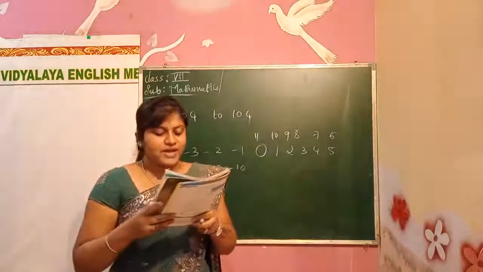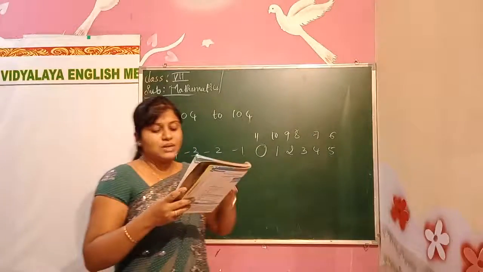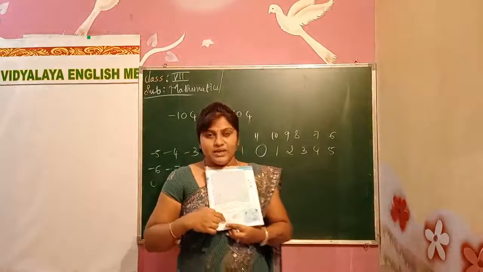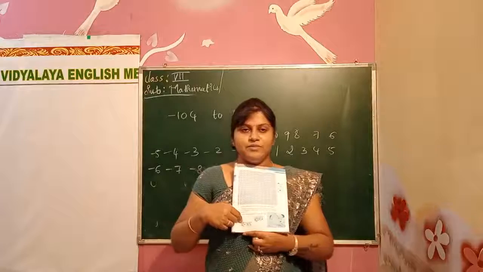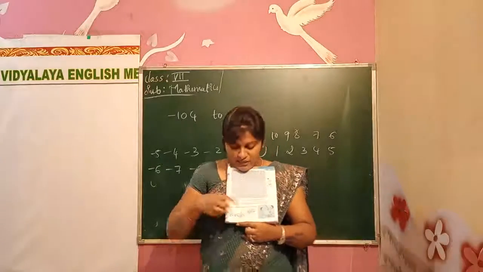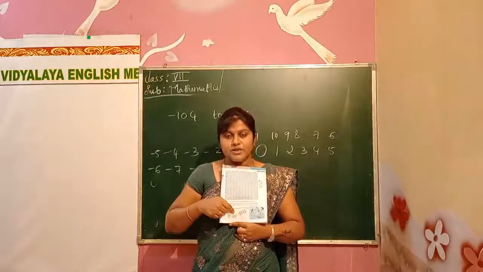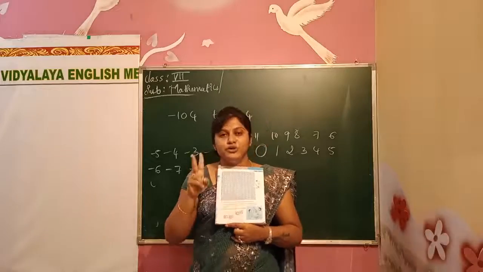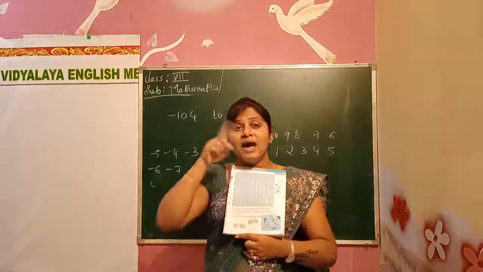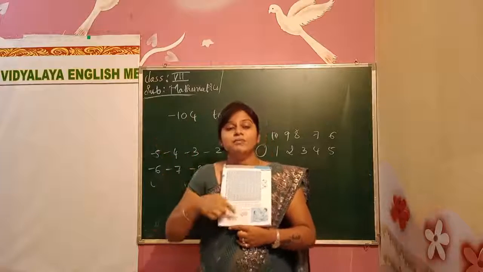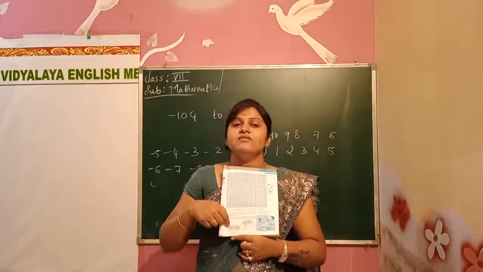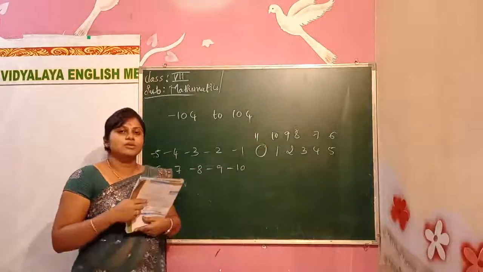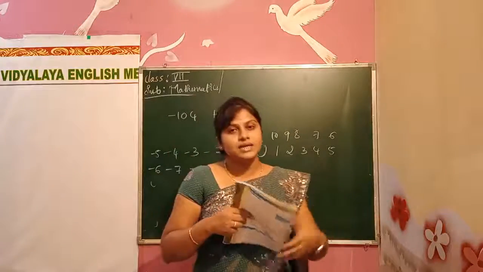Next one, after every throw the player has to multiply the numbers marked on the dice. They have given a picture here, see, this will be negative. Think that this will be the red dice, this will be the blue dice. Now when you throw the dice, here 2 has come, here 1 has come. So both numbers you have to multiply. 2 into 1 will be what? 2. On this side 1 into 1, minus 1 into minus 1, multiply like that. This will be the negative, this will be the positive, as is convenient for you. If you get the blue, take it as positive, red as negative.